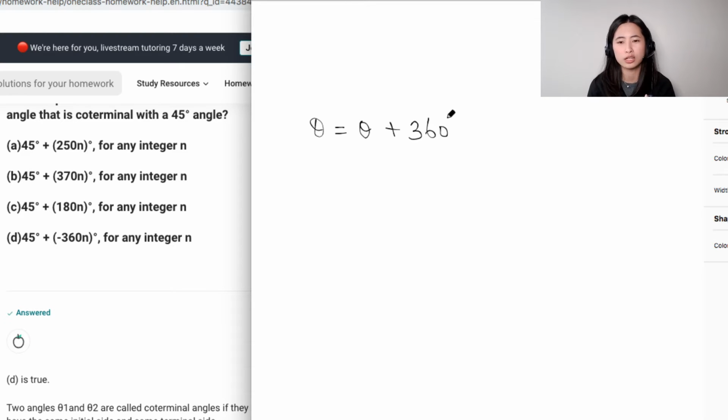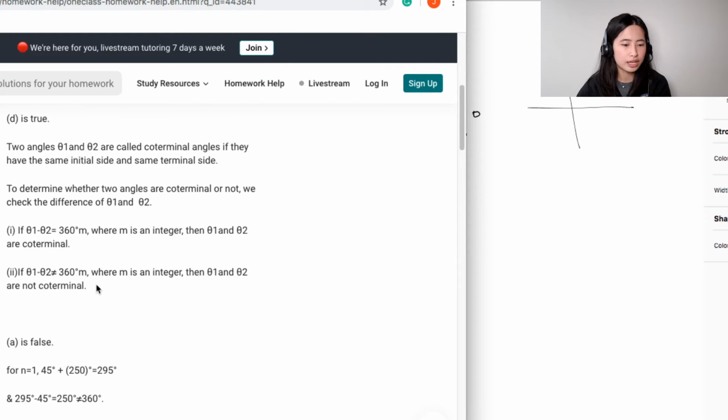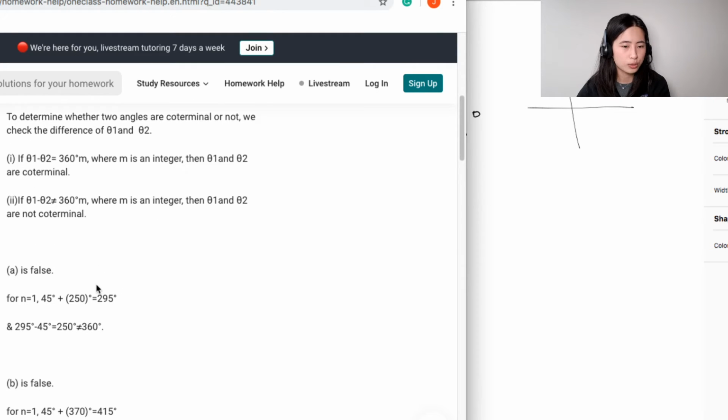Because when we're looking at coterminal angles, we're looking at the entire quadrant. If you remember a reflex angle, it's like 360 degrees, like one big circle. So that's why you have 360, and depending on what your teacher uses for the variable, it could be n or k. Let's say we're using n because that's what the question is telling us, and you have degrees over here. Because they're adding, as you can see,